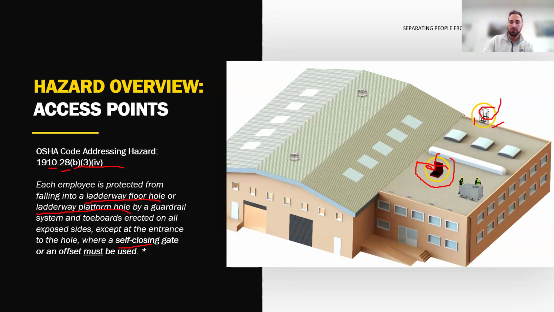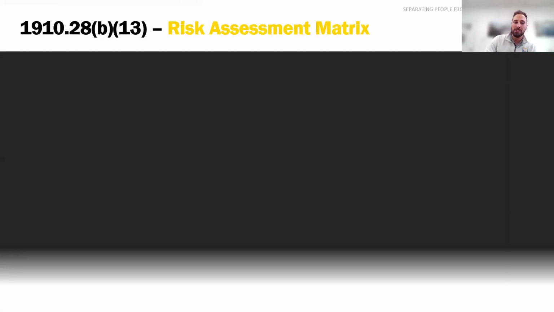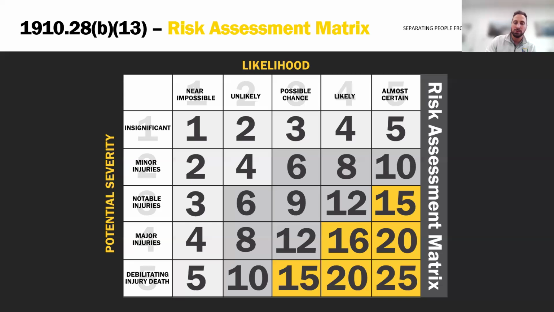But I need to justify the reasoning why I rate this hazard so highly. Why do I believe that this is one of the most important hazards that we protect? And why is it often the most overlooked hazard on any roof? To understand that, we have to break down how do we say one risk is more critical than any other